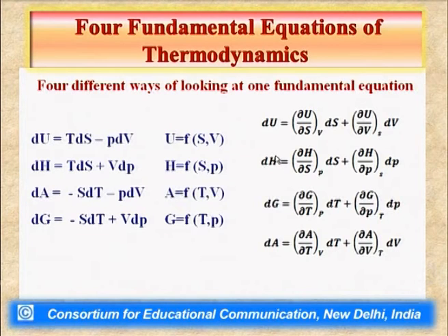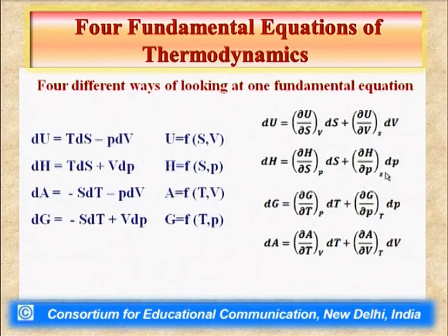Now, coming over to enthalpy change. This enthalpy change we can also look at as dH. This is equal to the rate of change of enthalpy with entropy at constant pressure times the entropy change, plus ∂H/∂P, the rate of change of enthalpy with pressure at constant entropy, and this differential coefficient we need to multiply with the change in pressure,